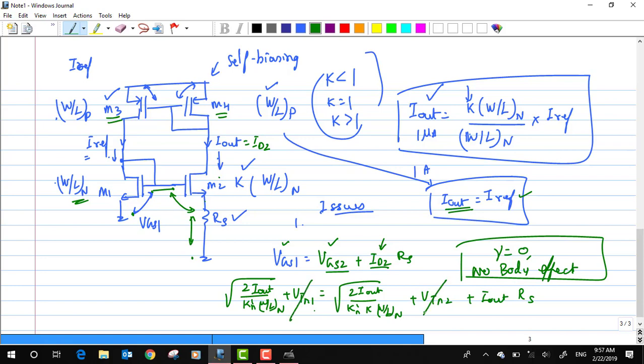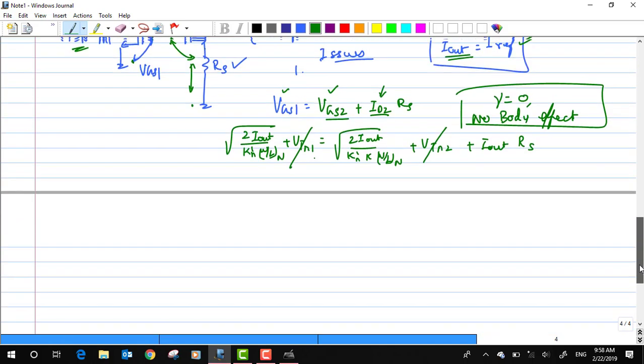Now I'm just going to rearrange the terms such that I out times RS is nothing but 1 upon square root of k times